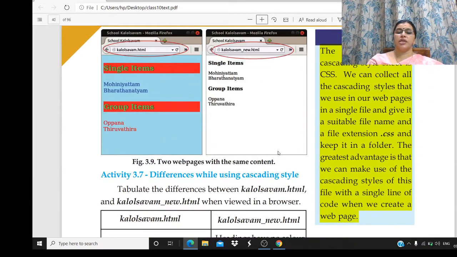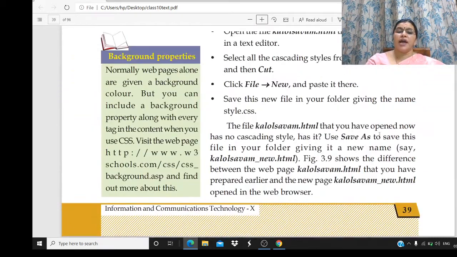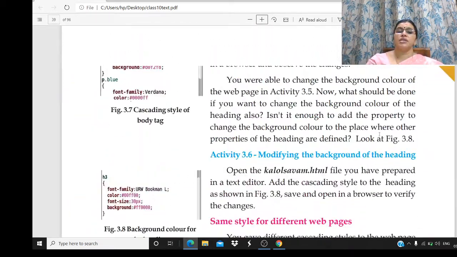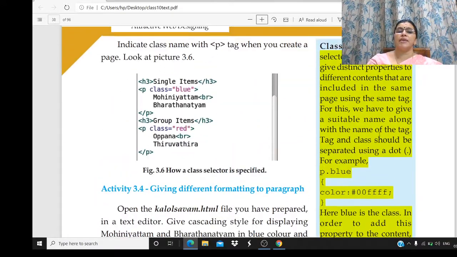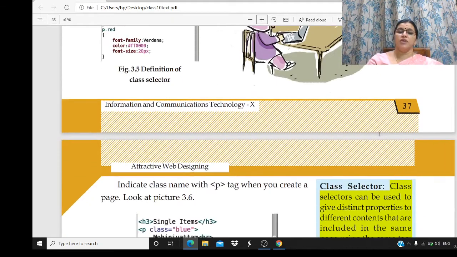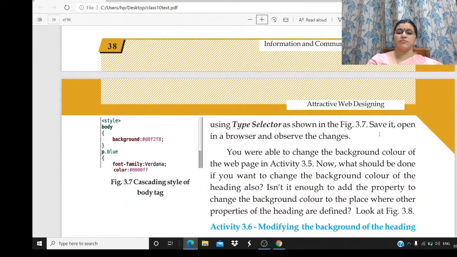Coming to the next CSS files. All CSS files are with the extension .css. Okay. Then what you have to keep in mind is the CSS file and the web page should be kept in the same place itself. They should be kept in the same place. Where it is shown?